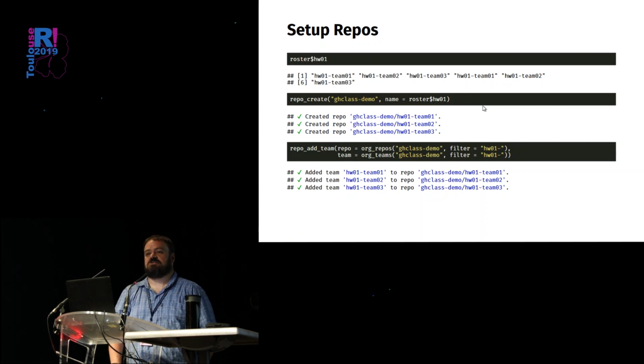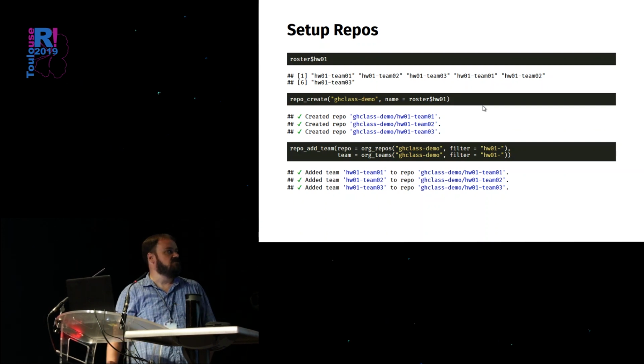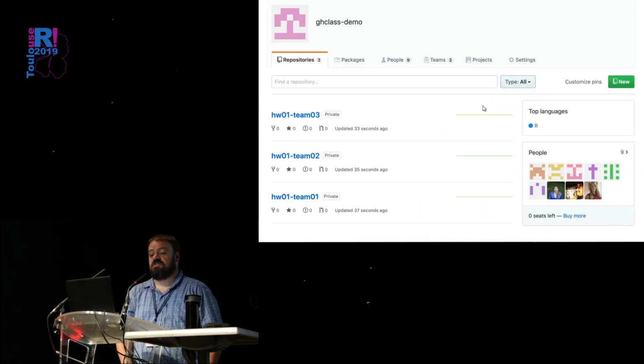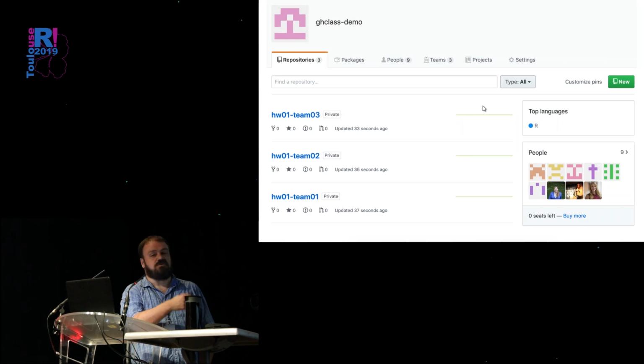So it just uses a simple regular expression to do that. And similarly, we can pull back our org teams to grab those, and then those will again be iterated over together to give us team 1 belongs to team 1 repo, team 2 belongs to team 2 repo, and so forth. So now we have repositories that belong to the teams,